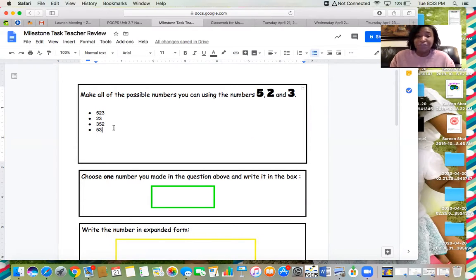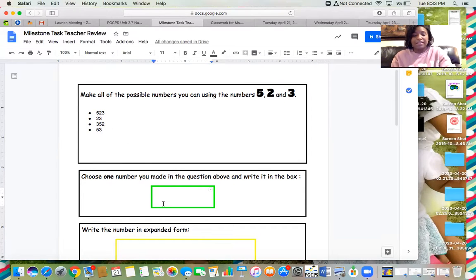Great job. All right, so my next question, of course, you guys can keep going when you do it all by yourself, trying to make as many numbers as you can, but because Miss Henderson doesn't have a lot of time, I'm only going to make 4 for right now. But I want you to definitely challenge your brain and use as many numbers as you can. All right, so the next question says, choose one number you made in the question above and write it in the box. So Ms. Henderson used 1, 2, 3, 4 numbers,